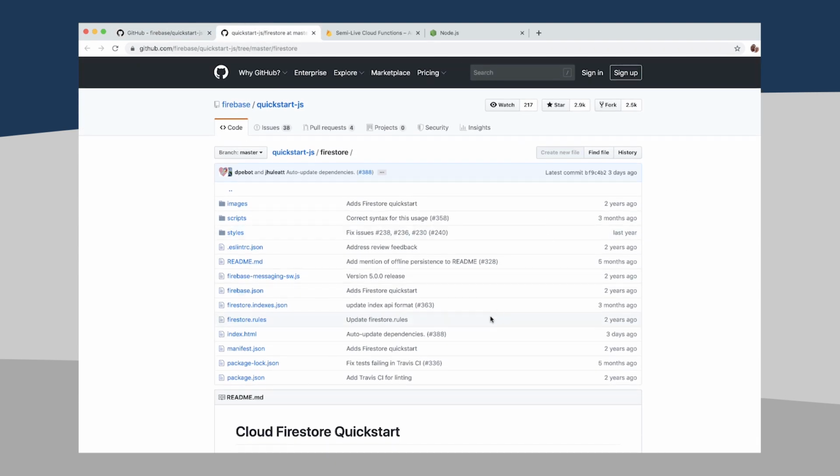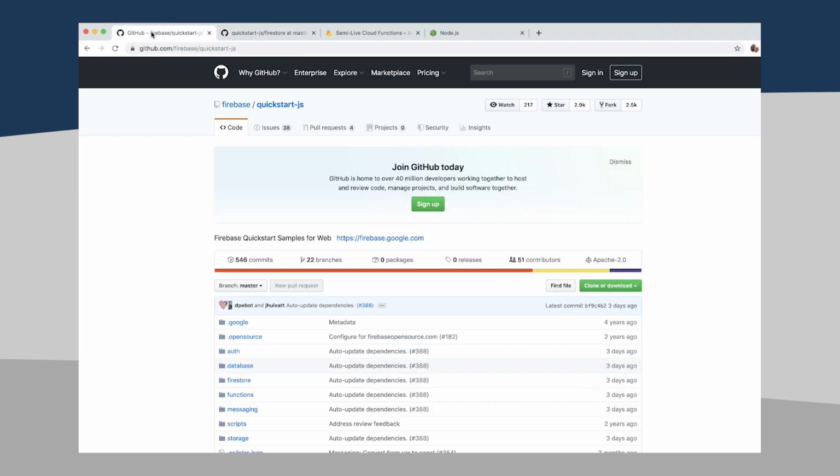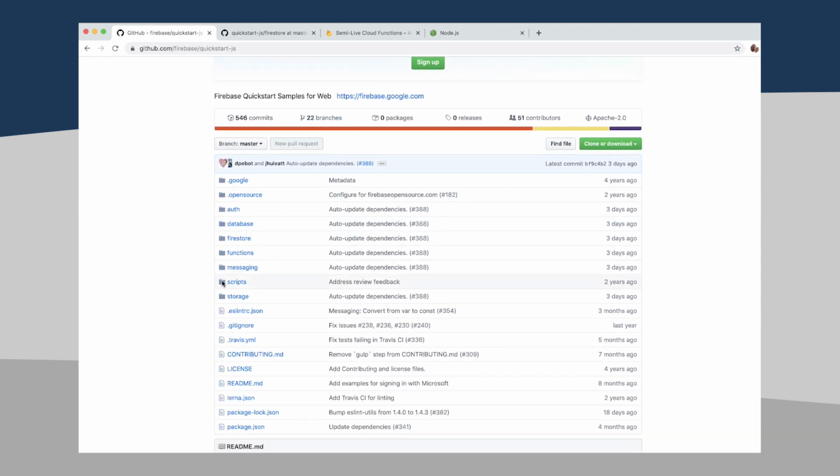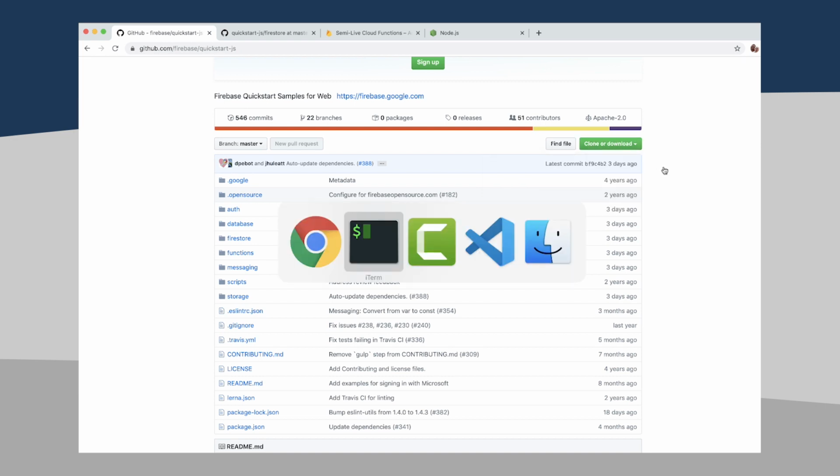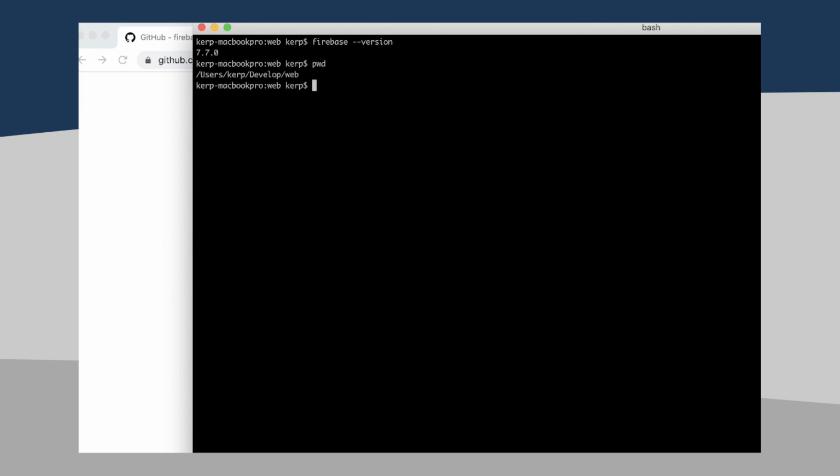Now you'll notice, by the way, as far as I can tell, I can't just clone this. I got to go to the parent quick start JS repository, which means I'm going to have a bunch of folders that I'm not going to care about, but that's OK. Let me copy this, and then I will open up terminal in a decent directory. Let me make a directory called Semi-live. I'll probably need to rename this if I do more than one of these videos, but and then let's do a git clone, and we'll paste in what we had earlier